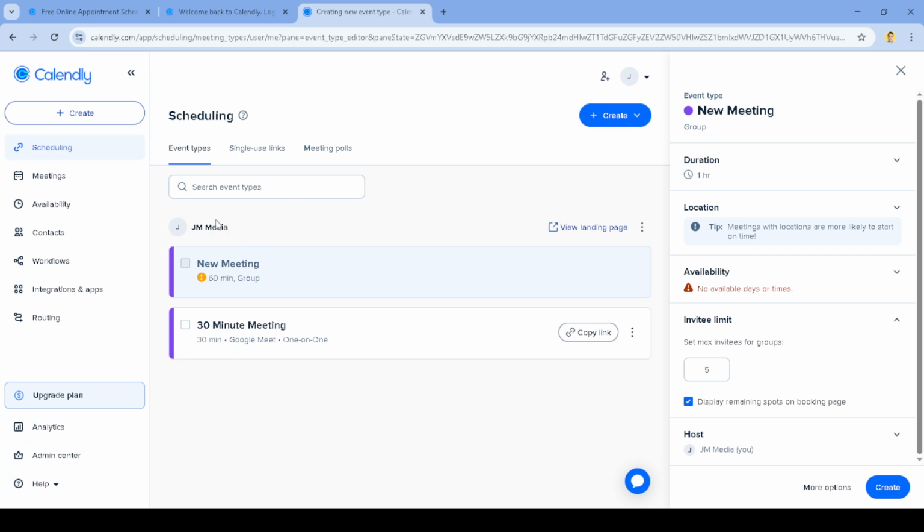and adjusted the invitee limit on your group event before saving. From here, you can share the event link with your audience and let Calendly handle the coordination. Your team will appreciate the streamlined scheduling, and your attendees will get a smooth booking